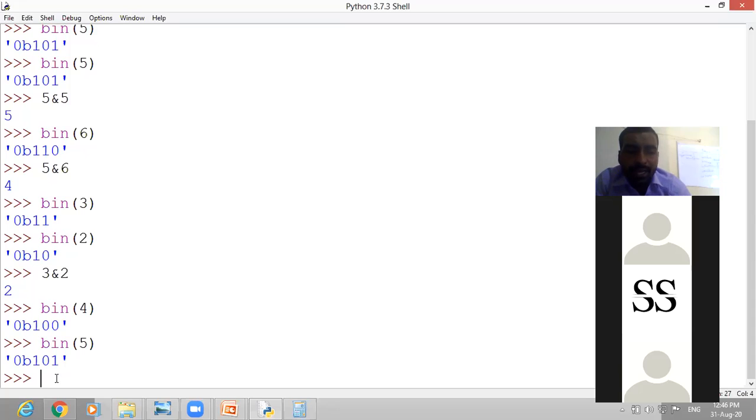Now if you compare 4 and 5, what result will you get? We will get 4. Because 1 and 1 will come as 1, 0 and 0 will be 0, and 0 and 1 will be 0.